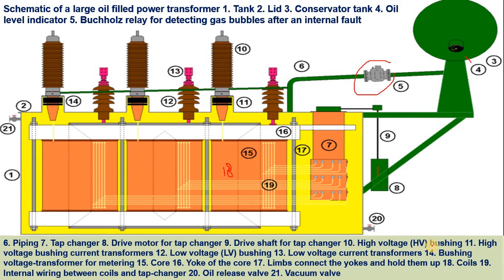Oil release means that for the cleaning of the transformer oil, we have to take out the transformer oil. Then it will be passed through the online condition monitoring tool, which will increase the temperature of the oil. It will filter the oil, so that the oil's condition will get improved.